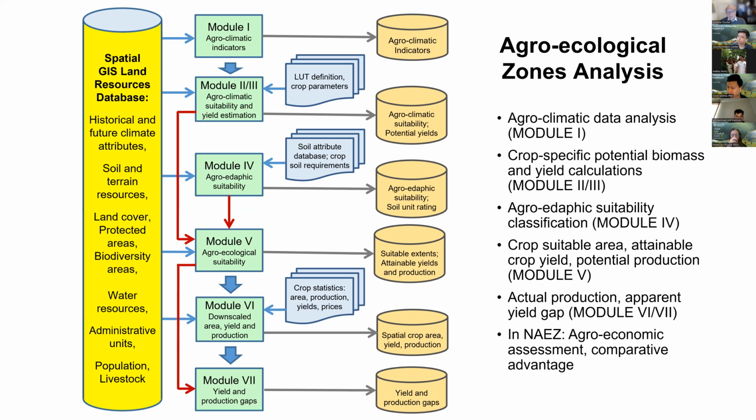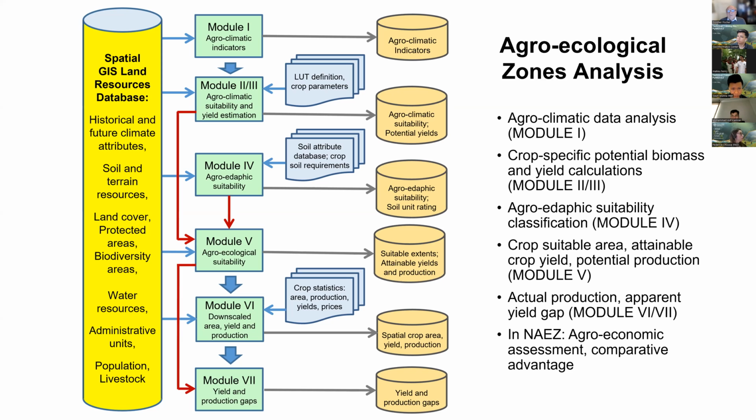There is module 1, which assesses the climatic information and produces a climatic resource inventory and a number of agroclimatic indicators. Details will be, I think, shown and presented tomorrow. Once this is available and the setting is known, then what we call modules 2 and 3 do agroclimatic suitability and yield estimation for a quite large number of crops, land utilization types, we call it, which are crops grown under a set of management assumptions.